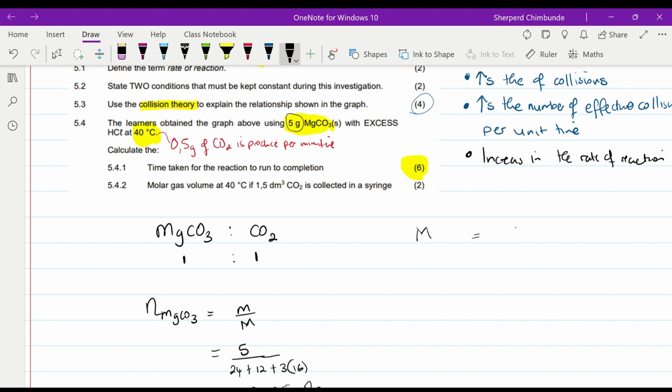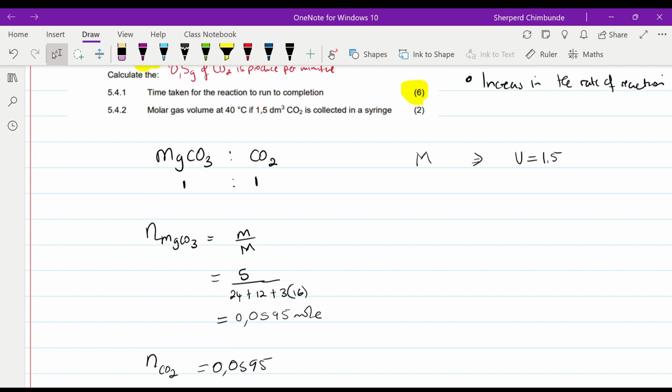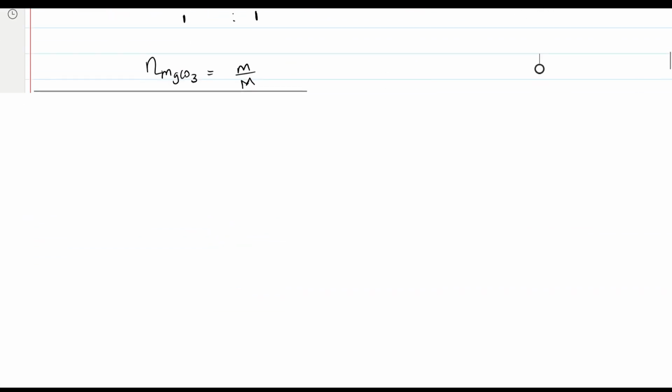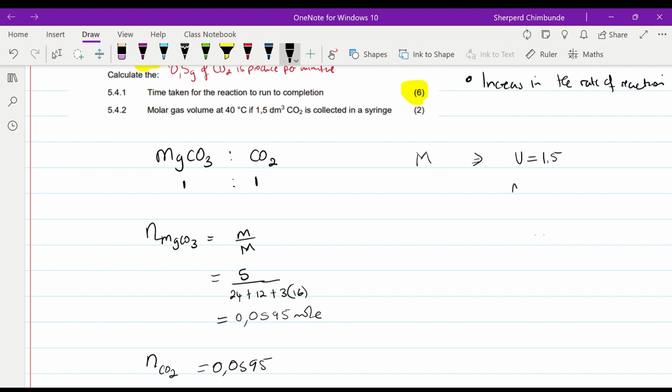And then they gave us the volume as 1.5. So we've got volume at 1.5, and the other thing we have is also the number of moles, which is 0.0595. So using our formulas,